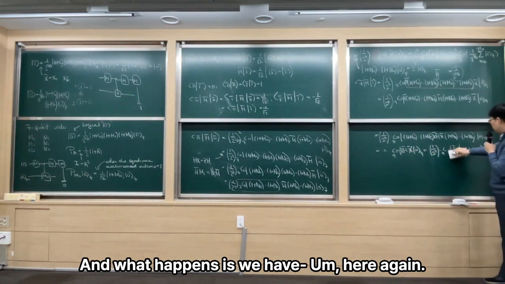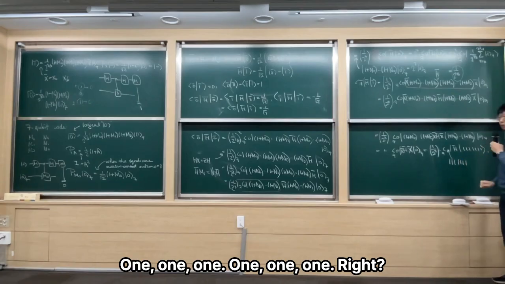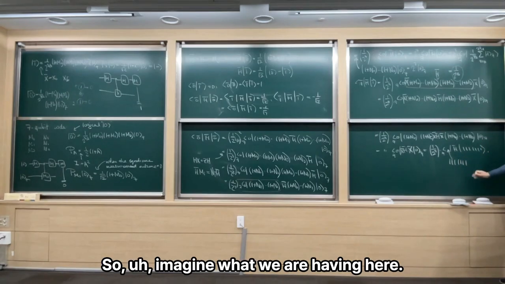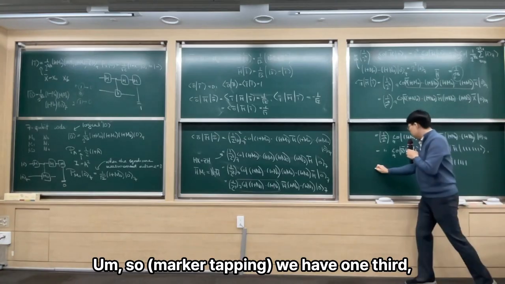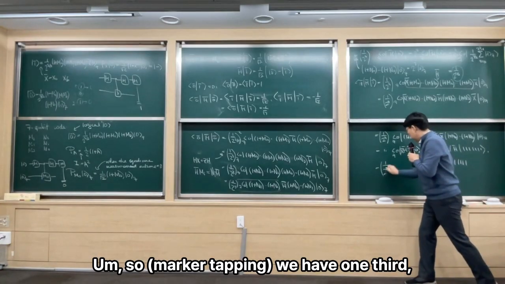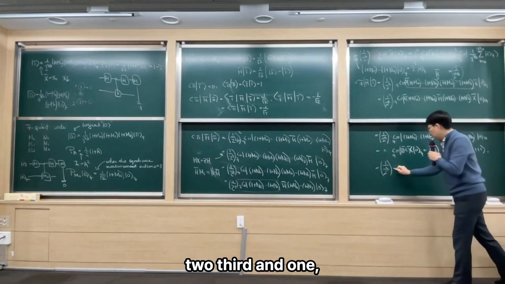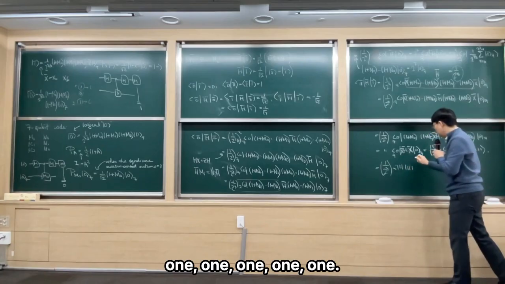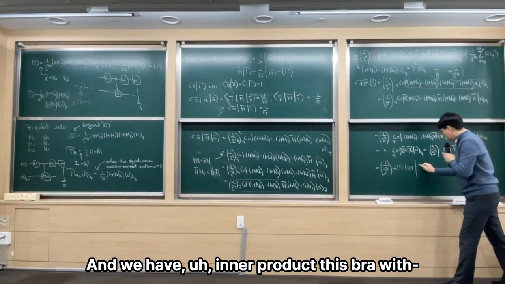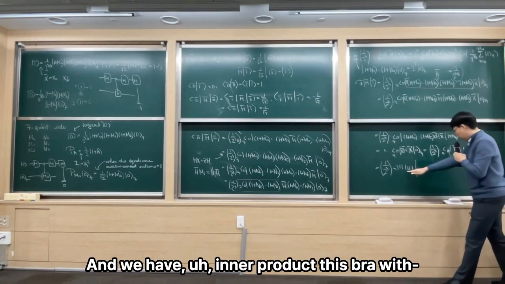And what happens is we have here again 1, 1, 1, 1, 1, 1, 1, right? So imagine what we are having here. So we have 1/2 and 1, 1, 1, 1, 1, 1, and we have inner product this bra with